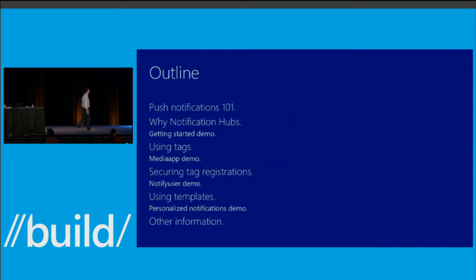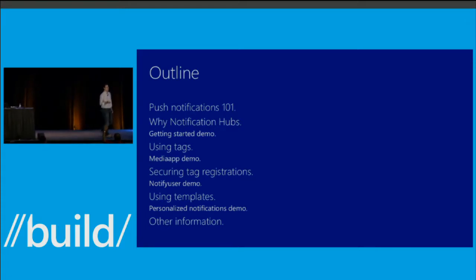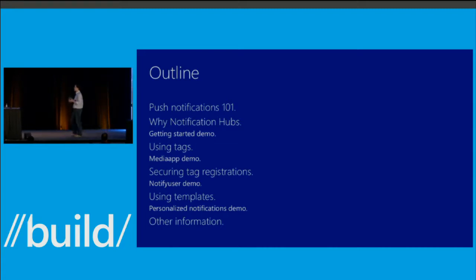This is what we will be talking about. There will be a very first introduction on push notifications. First, I wanted to know how many people are familiar with push notifications, channel URI, device tokens, registration IDs, those things. OK. So we will definitely see a little recap on how these things work and how they're usually hard to set up and